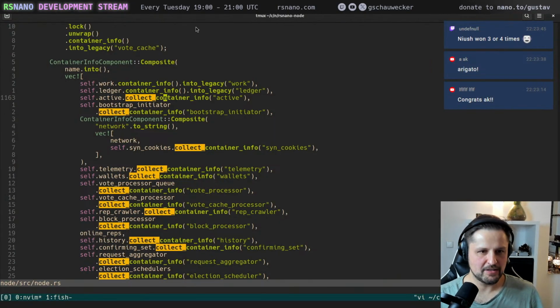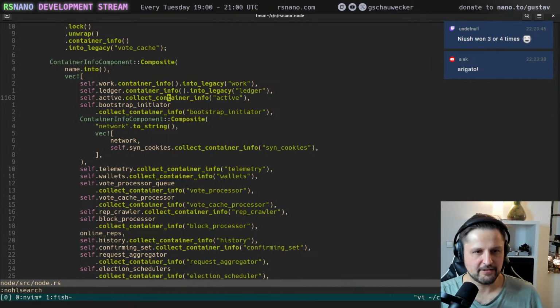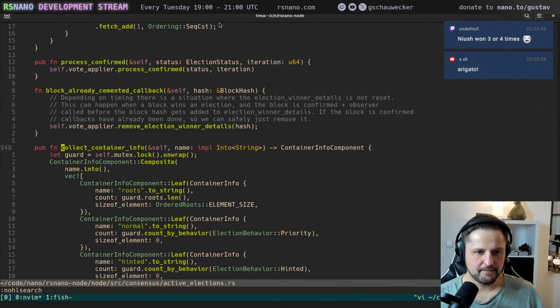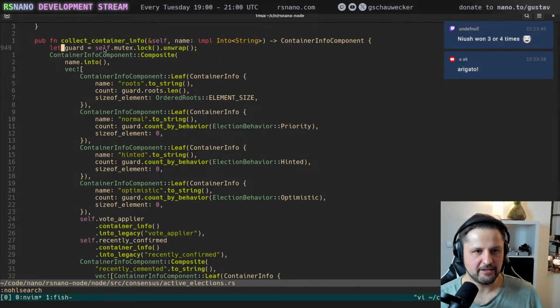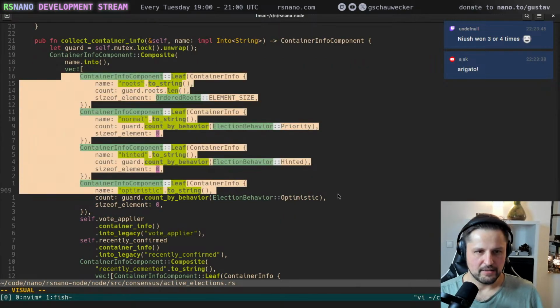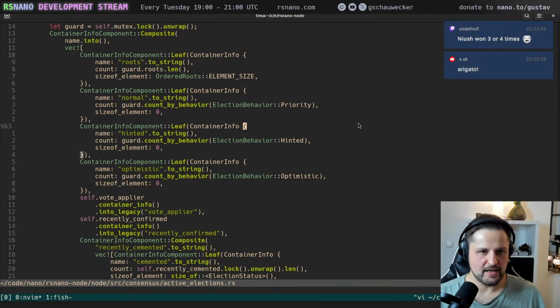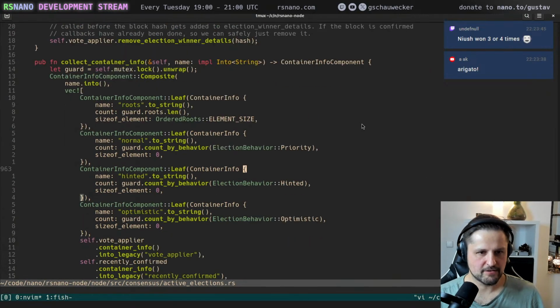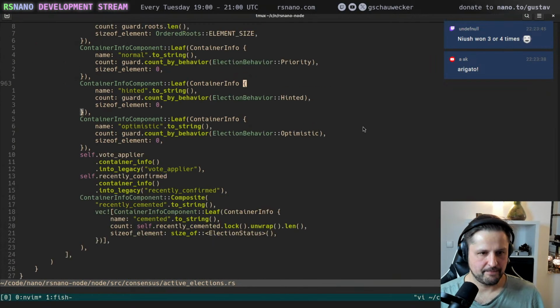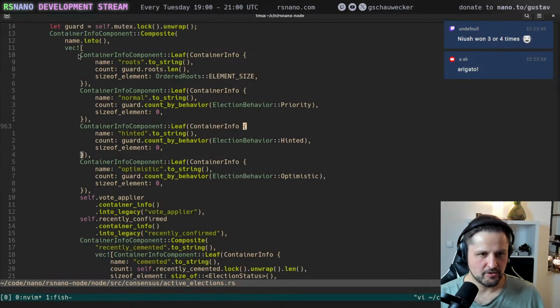Okay, so I want to go into the next one, the active collect container info. The container info can contain sub container info, so this is a nested structure. Let's go to a leaf.